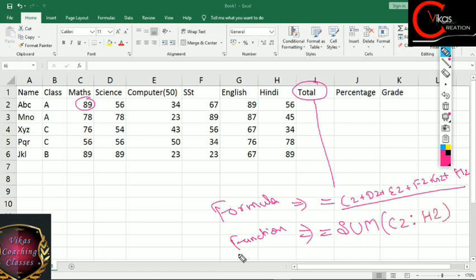For this case, as you can see, when I was writing the formula, it was a very big formula over this side, but when I have written the same thing in the function, I have written that in a very simple format. So it depends on you which format you generally like, but I do prefer that you use this function option.